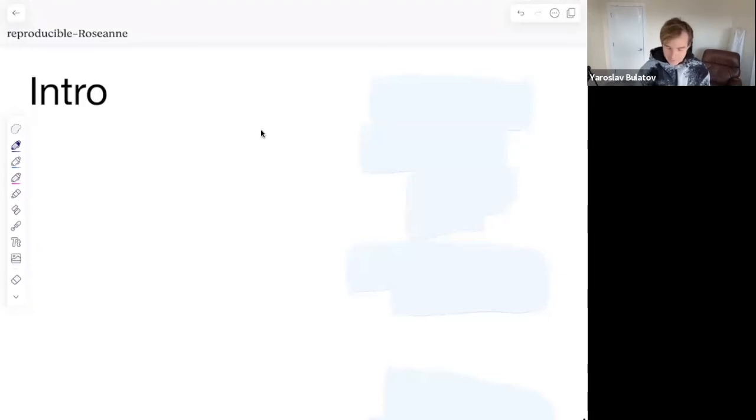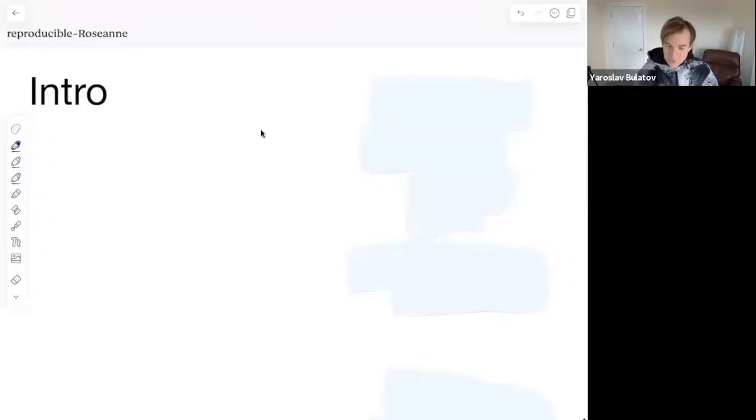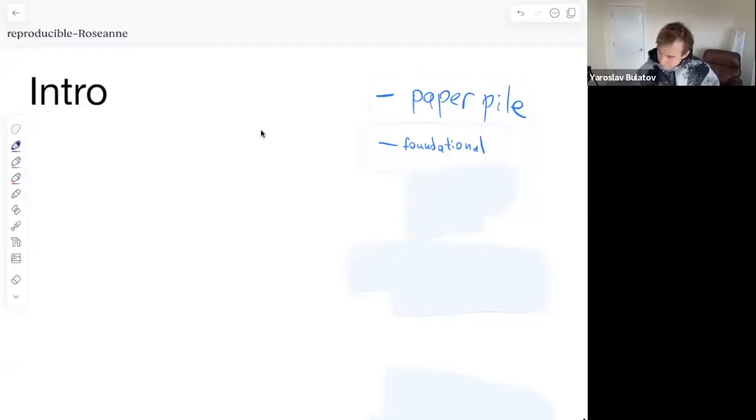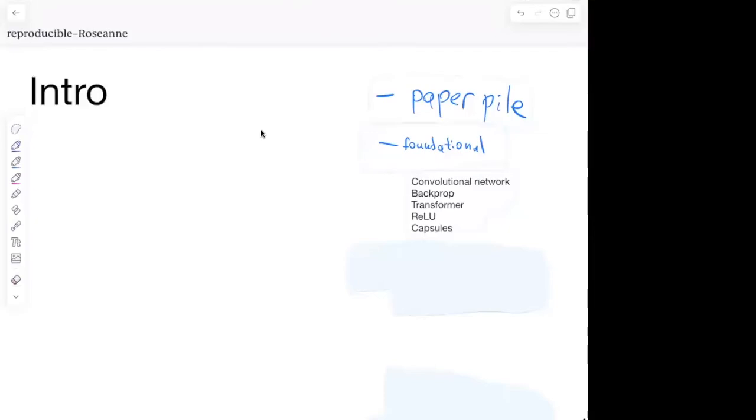in published results. So one concrete thing I realized, I have this paper file library I use to track papers. And right now there's more than 2,000 papers that I've saved and took notes on. So it's like 2 papers per week for the last 20 years. And the vast majority of them are not really practical. Some of the papers are foundational. You have convolutional networks, backprop,